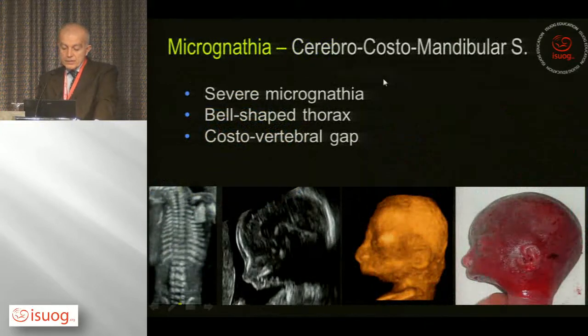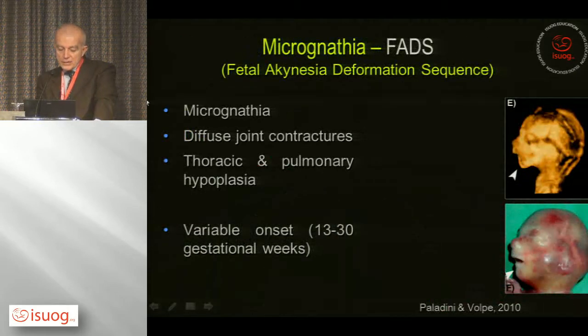Another case of cerebrocostomandibular syndrome in which there is severe micrognathia that you see here, no doubts about that, a blade-shaped thorax and a costovertebral gap that was demonstrated here on the posterior approach with tridimensional view. And also the group of what are today called synaptopathies, abnormalities of the neuromuscular interface,